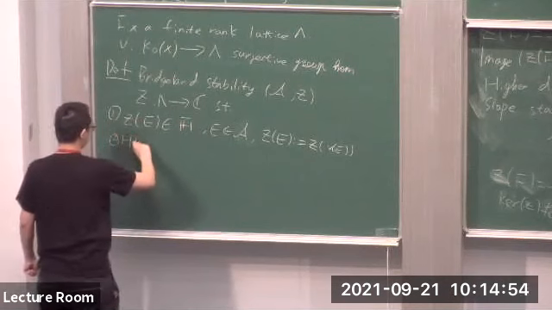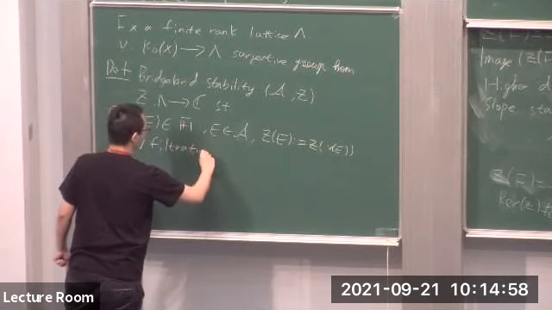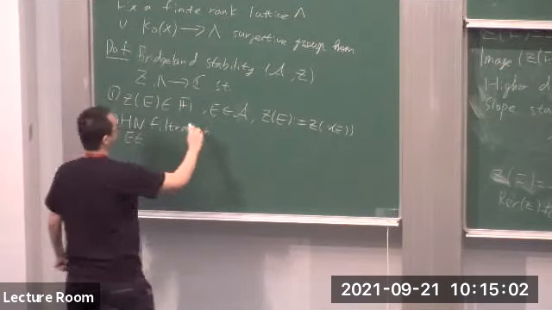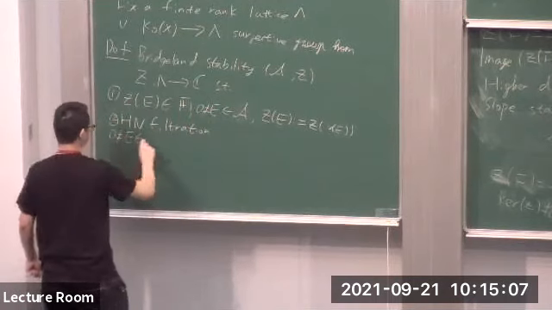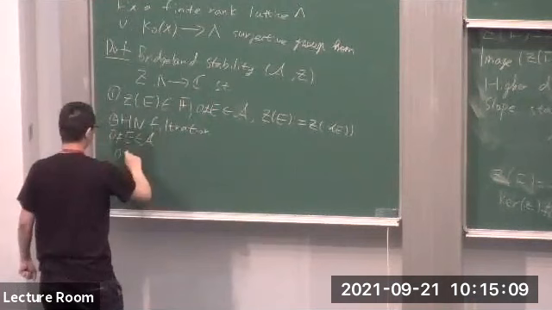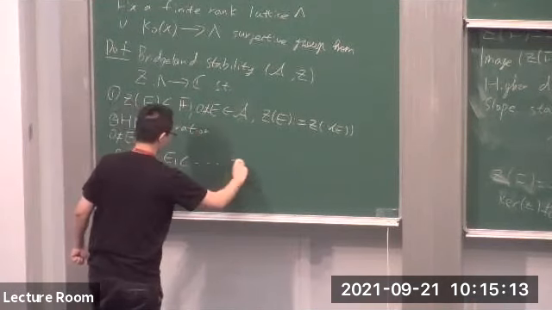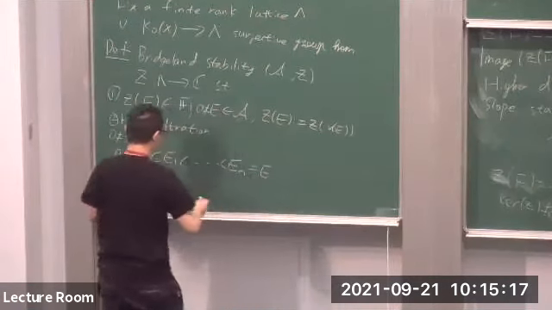The second one is the existence of the HN filtration, which means that if we take any non-zero object E inside A, then we have the following filtration, and such that